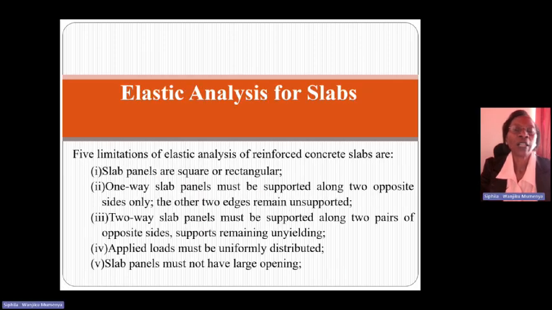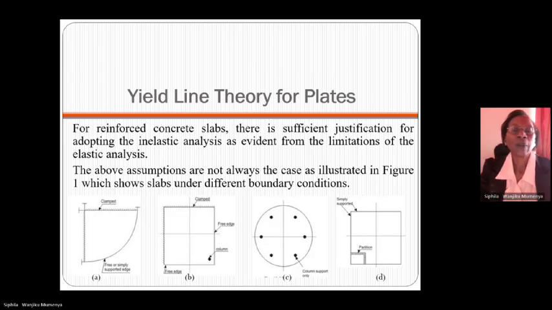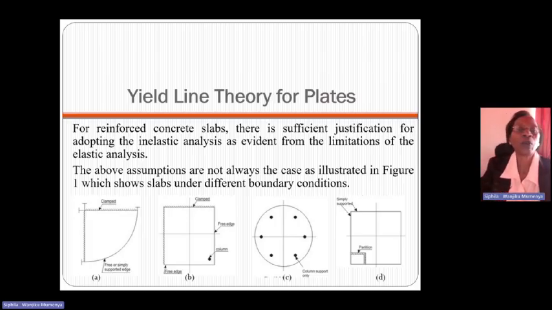There are certain limitations of elastic analysis of slabs, and one is that slab panels are square or rectangular. One-way panel slabs should also be supported in a specific way. For reinforced concrete slabs, there is sufficient justification for adopting the inelastic analysis, as evident from the limitations of the elastic analysis. So the above assumptions, which we have talked about, are not always the case as illustrated in this